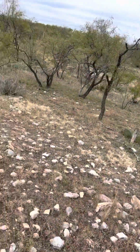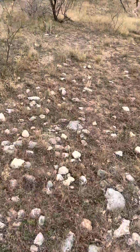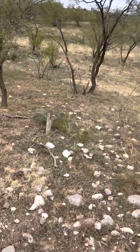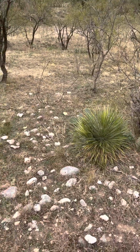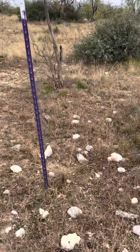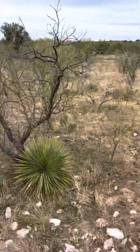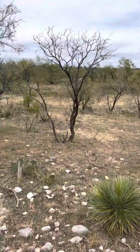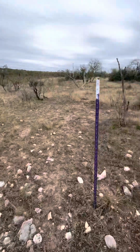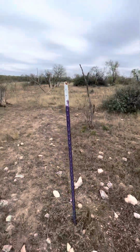Right, so there's been some confusion about how far away we're hunting from the property line. I'll do a short video here just to provide some documentation about the reality of the situation. My neighbors put this T-post in probably a year ago at this point. It's right at our property line. There's another T-post down in there. So it goes to here, and then there's some more back up there, and that's our property line with the